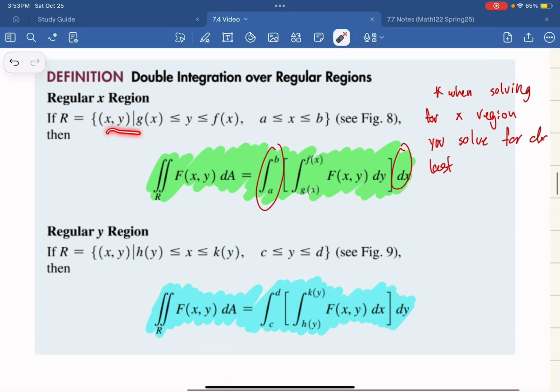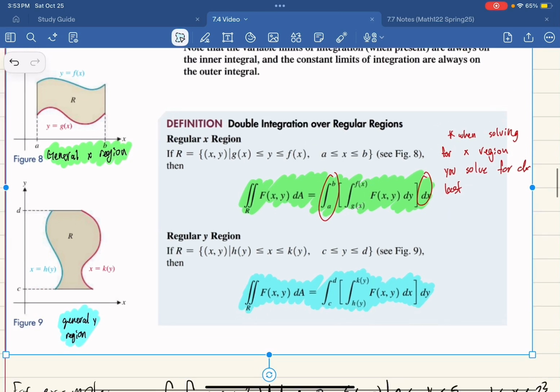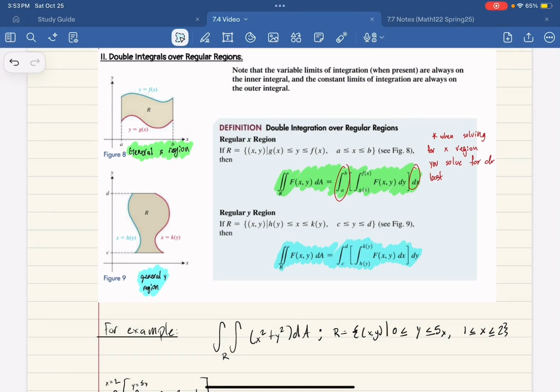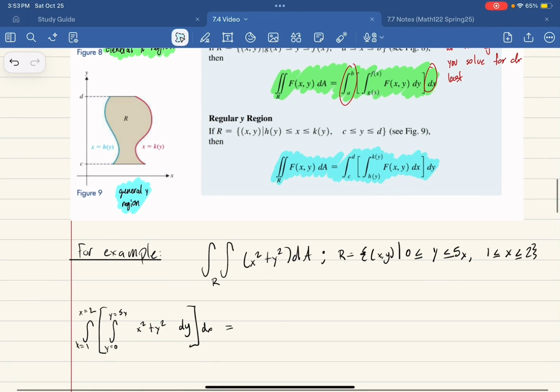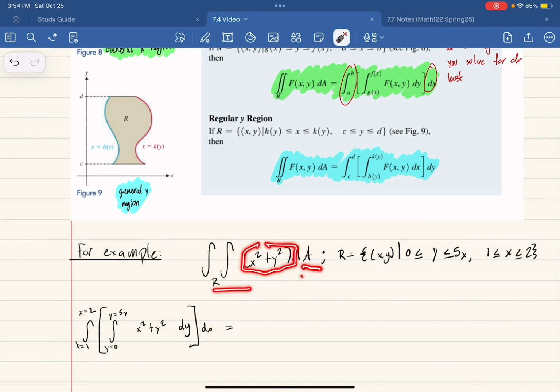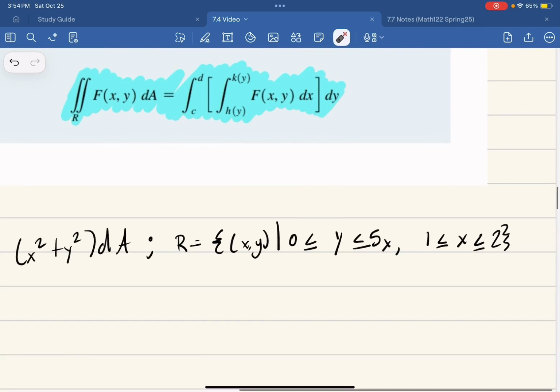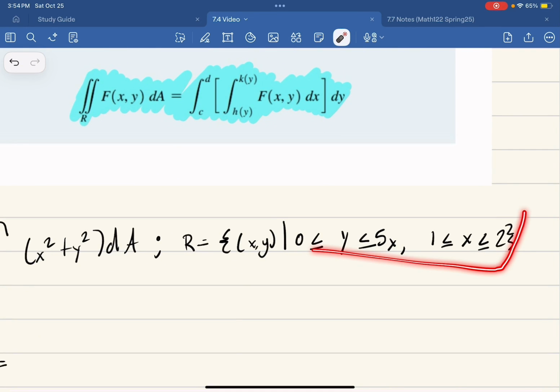Sometimes questions will look like this. They'll ask you to identify what's what, f, x, y, all that good stuff. And here's a problem I have written down. We have the double integration of x squared plus y squared dA. And here we have our boundaries that we put on